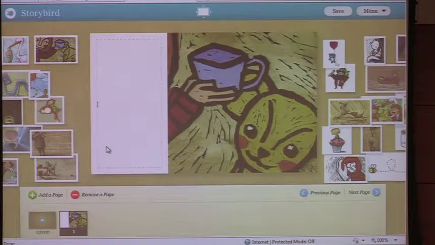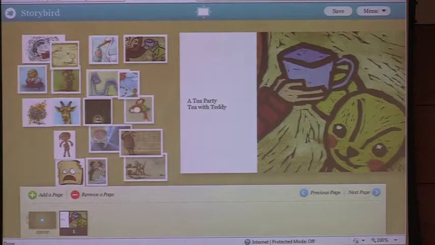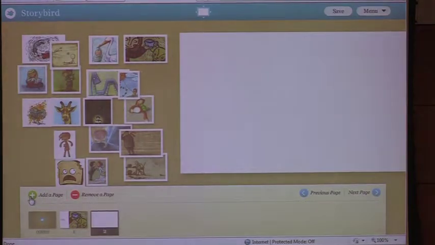So I have a keyboard, and I can just say, what would be a good title for that? What does that look like to you? Who's feeling creative today? Tell me louder. They're offering tea to the 10. Oh, so maybe we could call it a tea party or something like that. Tea with Teddy. Excuse me? Tea with Teddy. Oh, I like that. Tea with Teddy. Perfect. And then every time I hit a plus, I can add another page.